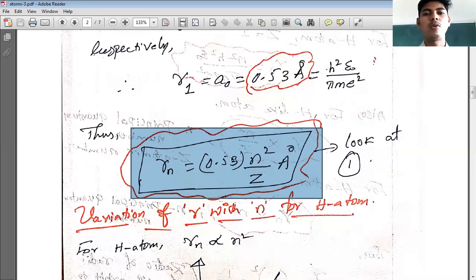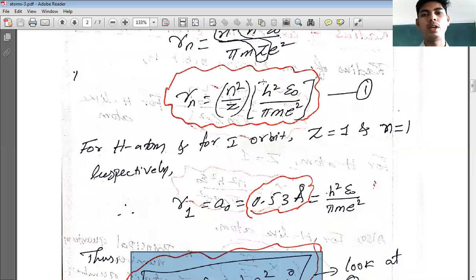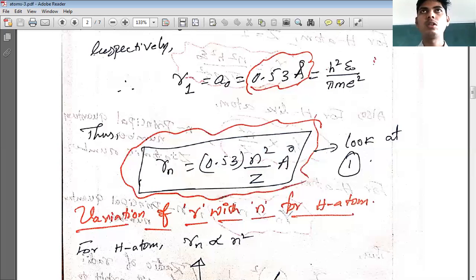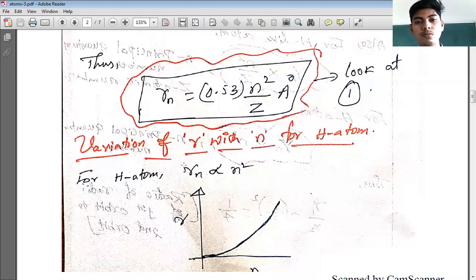This is the value of this constant h square epsilon divided by pi m e square, right? So radius of electron, radius of nth orbit of electron in hydrogen or hydrogen like atom is given by 0.53 n square by z angstrom. Now we know that for hydrogen atom,